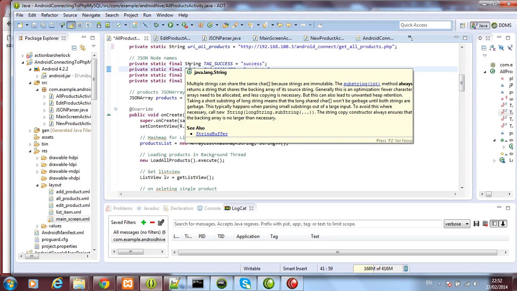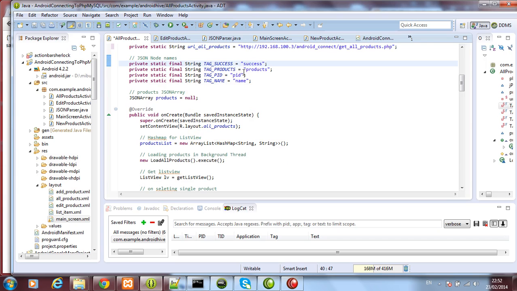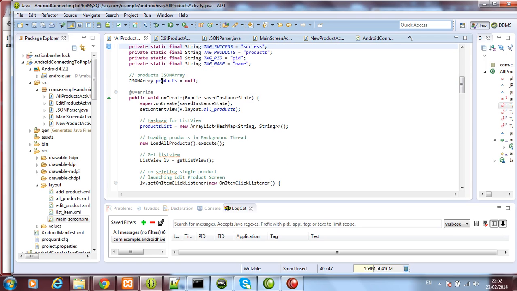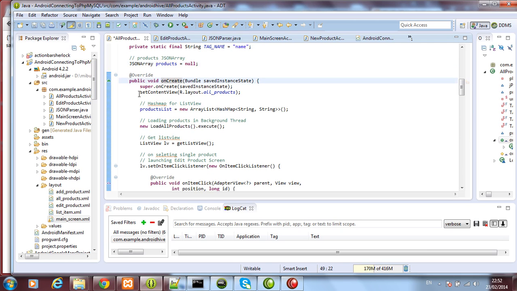Let's go back to our mobile program, our Java program here. Here we are creating some constant strings. We are just giving some names for it. And then we are saying JSON array products is null. Right now it is empty. Nothing is there. So in the onCreate method, we say set content view